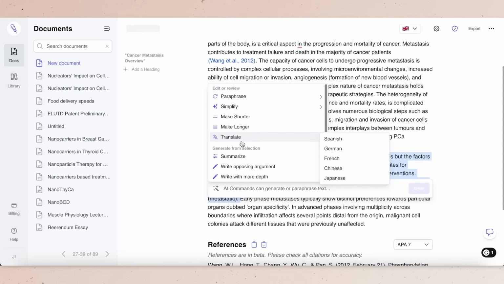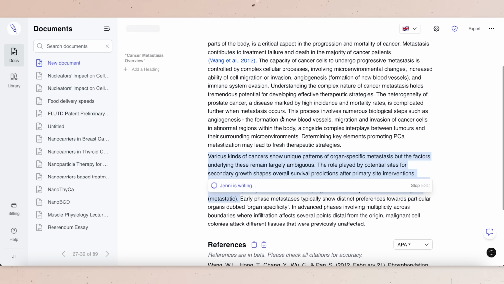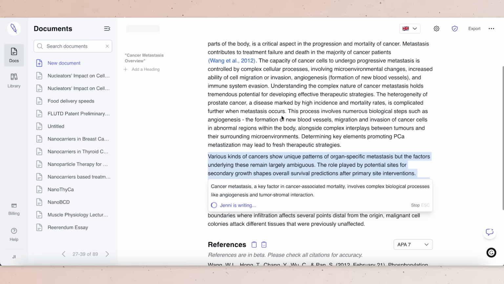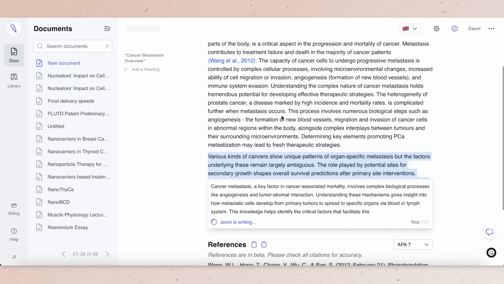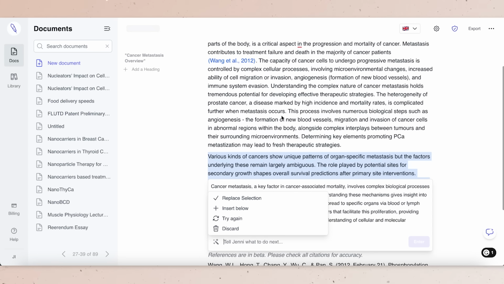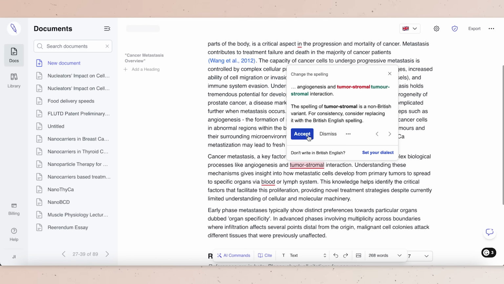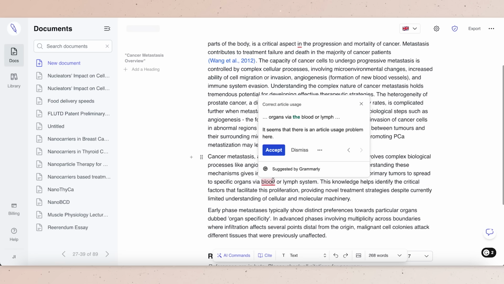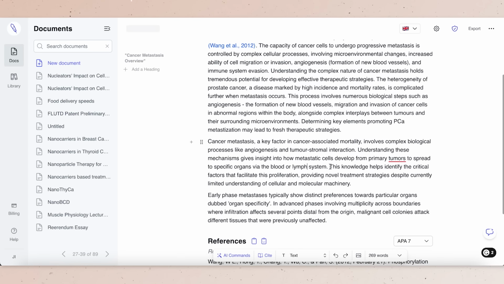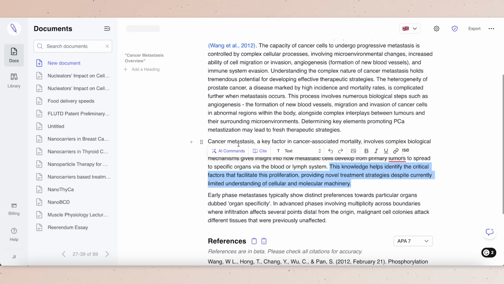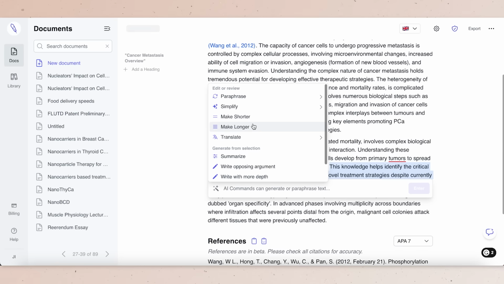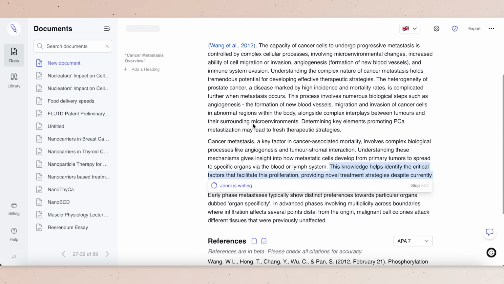And in this case, what I'm doing is I'm making it shorter. So yes, it has already been worked on, it has already been paraphrased, but actually I feel like it's quite repetitive in this part here, and I want to shorten it even more and really just get the bones out of it. So this does it really well. Again, check your spelling, make sure that it's edited correctly, give it that human check over to ensure that it sounds right, and just take a quick read of it. I feel like that last section there was a little bit sparse, and so I'm expanding this part here.